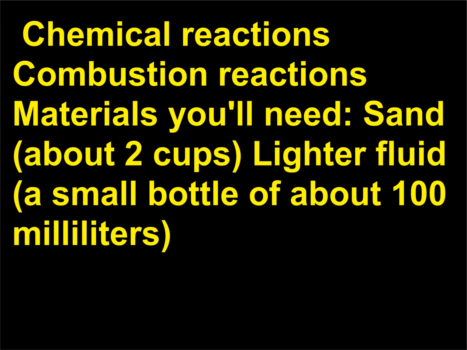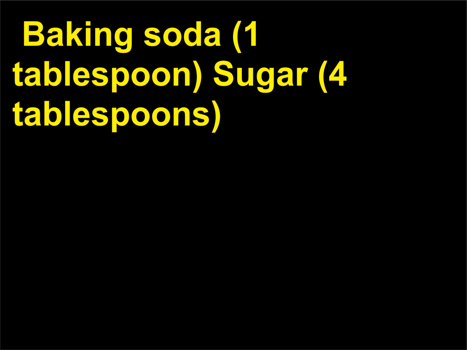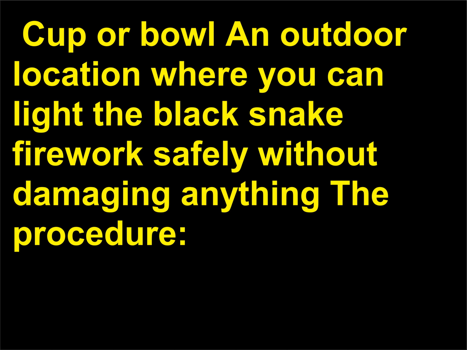Chemical reactions, combustion reactions. Materials you'll need: sand, about 2 cups; lighter fluid, a small bottle of about 100 milliliters; baking soda, 1 tablespoon; sugar, 4 tablespoons; a cup or bowl; an outdoor location where you can light the black snake firework safely without damaging anything. The procedure: